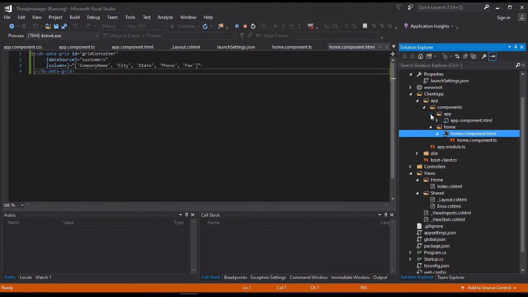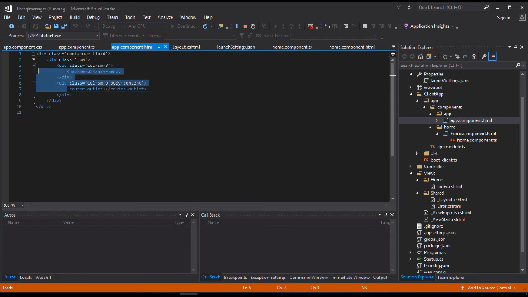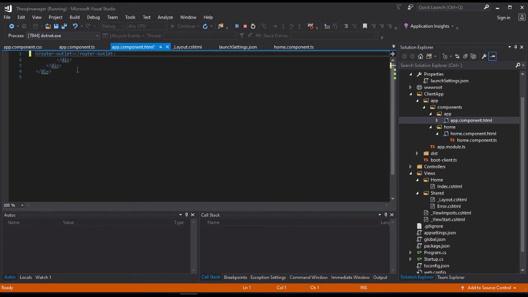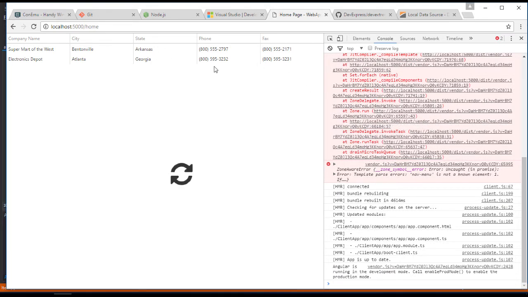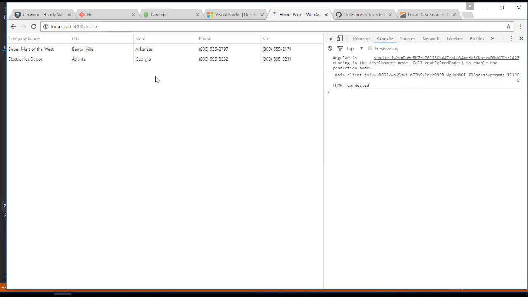So I'll go into the app folder where the app component is. And what we will do is we will just put the router outlet as the only thing that will display at this time. Save that, and then we see that our app is rebuilding, and we get it up to date, and we get our grid here. The spinner is still spinning because the component was hot loaded here, but if we refresh this page, we should be able to see that the spinner goes away when the app comes in. So here we have our good grid working,